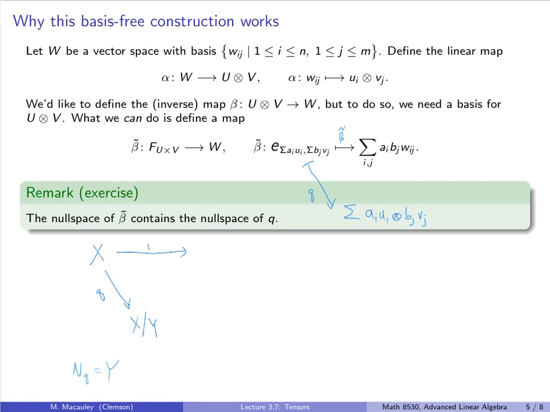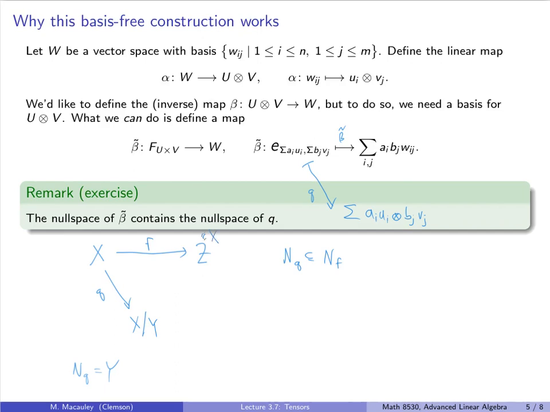How about F to some other vector space, let's call it Z, then if the null space of Q is contained in the null space of F, let's think about what that means. That means that we are collapsing more to go to Z than we are collapsing here. So we're collapsing strictly less, or not necessarily strictly, we're collapsing not as much to go down here as we are over here. And of course, what we can do is this